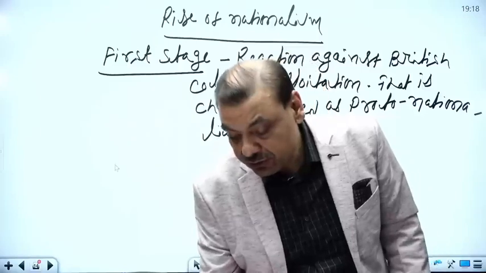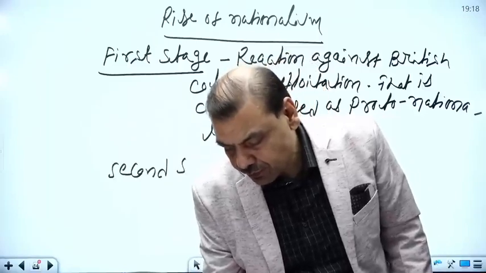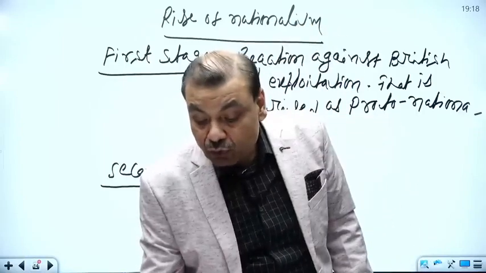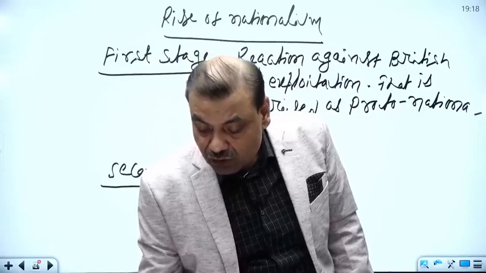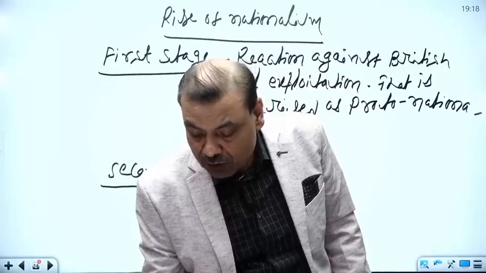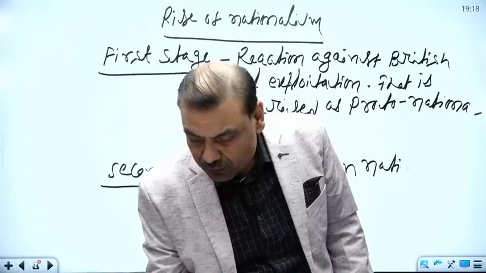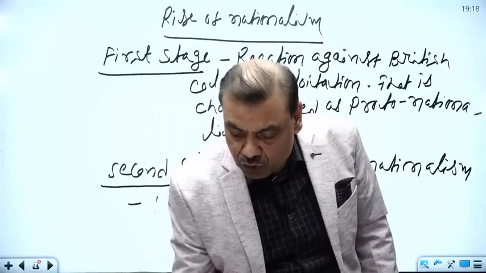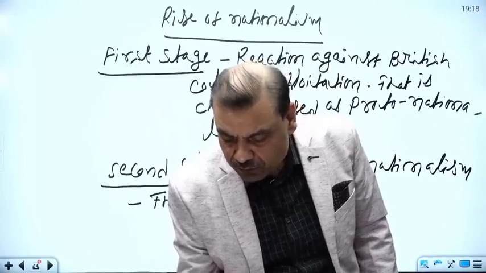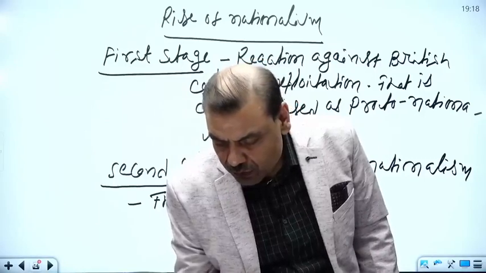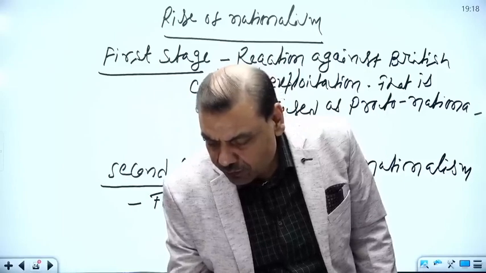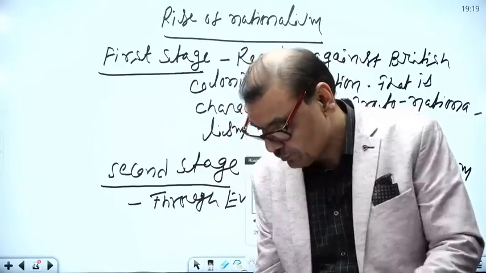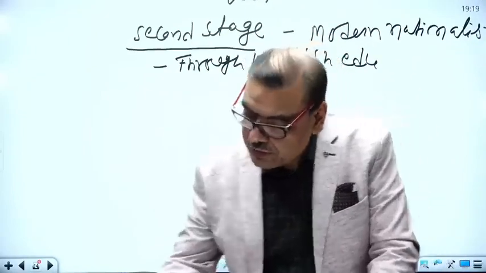Then comes the second stage. In second stage, it is true nationalism. That is called modern nationalism, as in Europe. So modern nationalism came through English education,